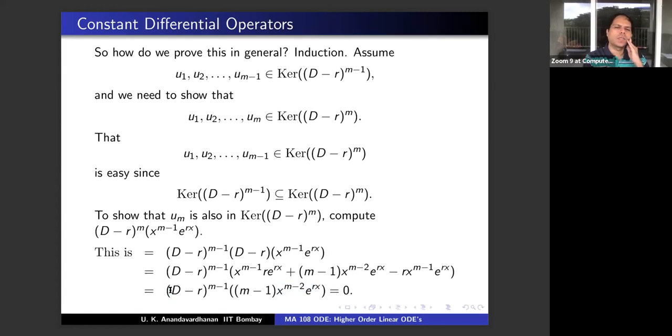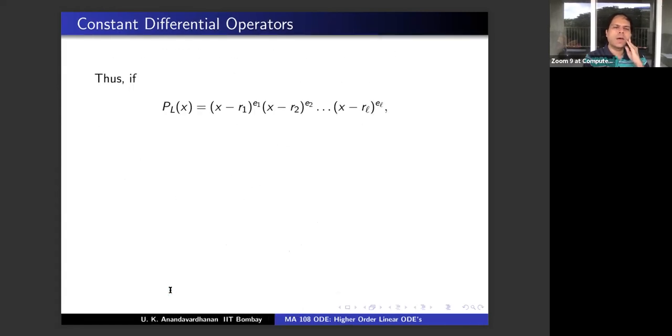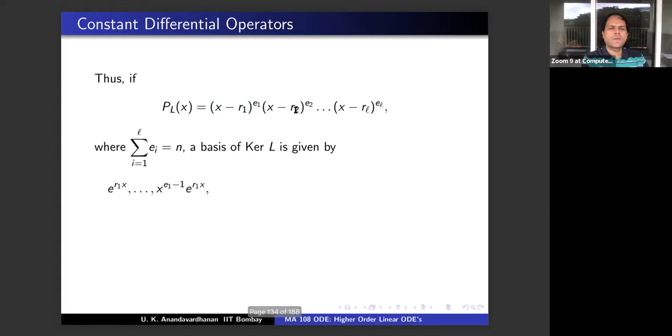Okay, so we have proved this. If you have a characteristic polynomial with multiple roots, R1 comes E1 times, R2 comes E2 times, and RL comes EL times. Can you guess the basis now? The kernel of this corresponds to the kernel of the operator (D minus R1) power E1, the kernel of (D minus R2) power E2, etc. And we have already proved that the kernel of L is given by